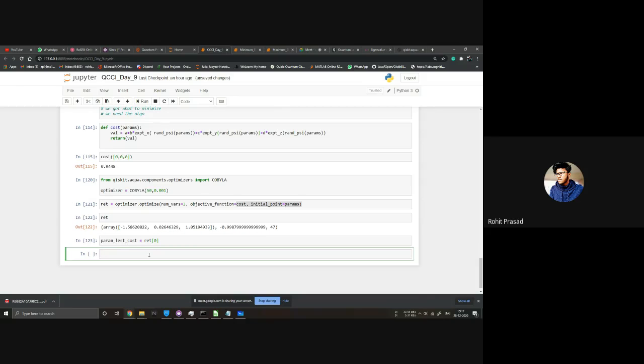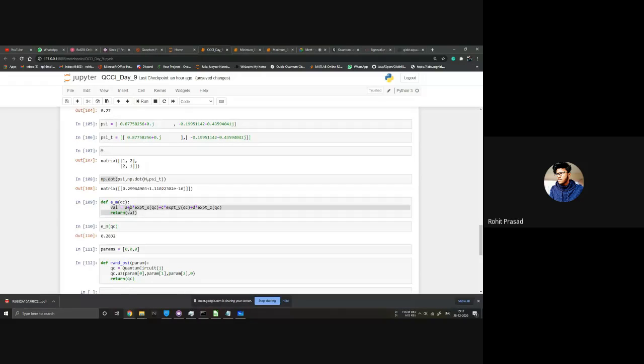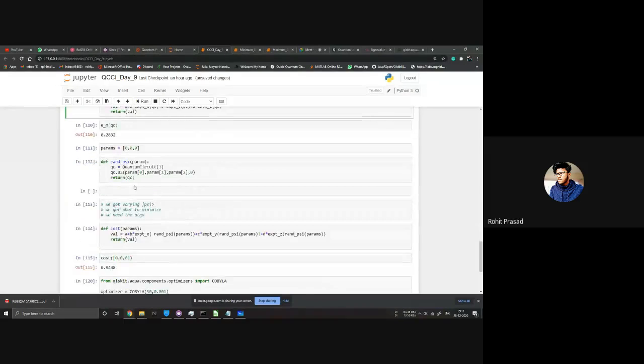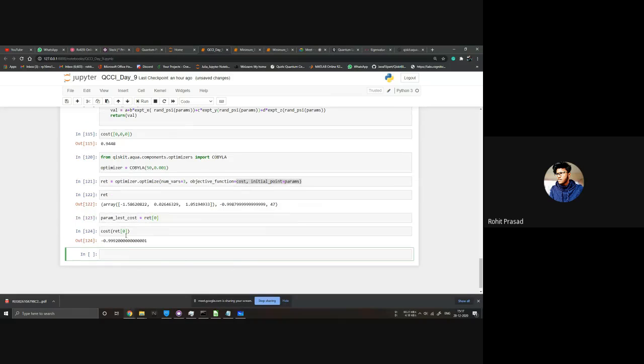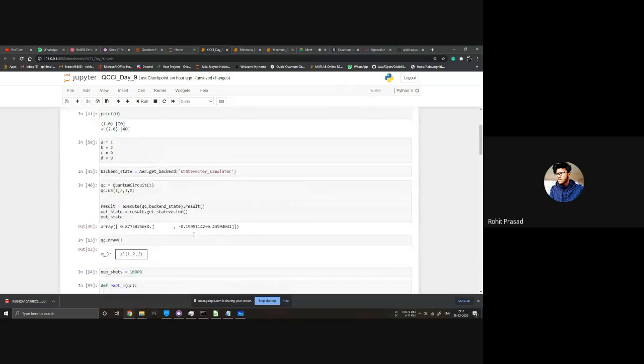So that's just where was our params function? This is the right cost. We can just calculate the cost that we got from here also. We can just put the ret 0 in it, and we will get this thing. So this is our least eigenvalue that we got from this.